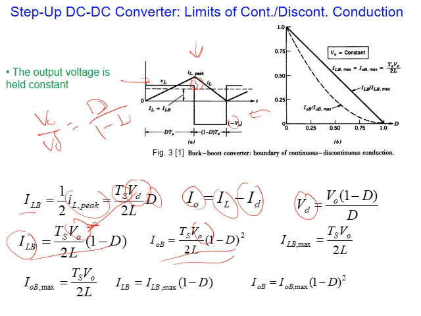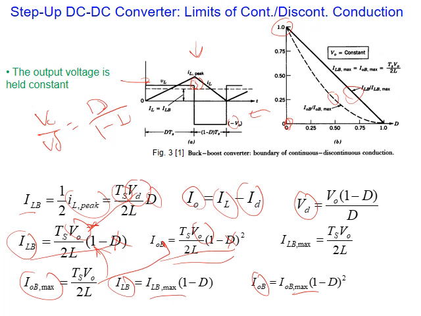Here we can see that ILB is this straight line, and the curve here is IOB. It's no longer a pulse, it's a straight line or a curve. It peaks at D equals 0; when we have D equal to 0 here or 0 here, we have the maximum, so we can come up with IOB max, and then we substitute to find ILB and IOB in terms of the maximum